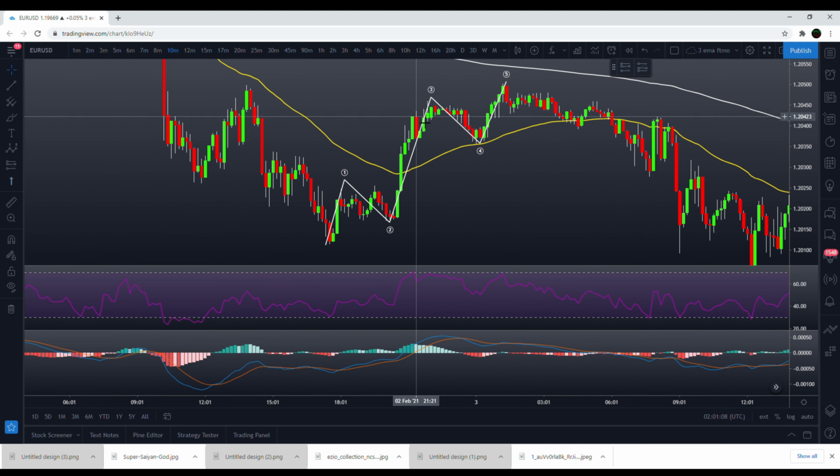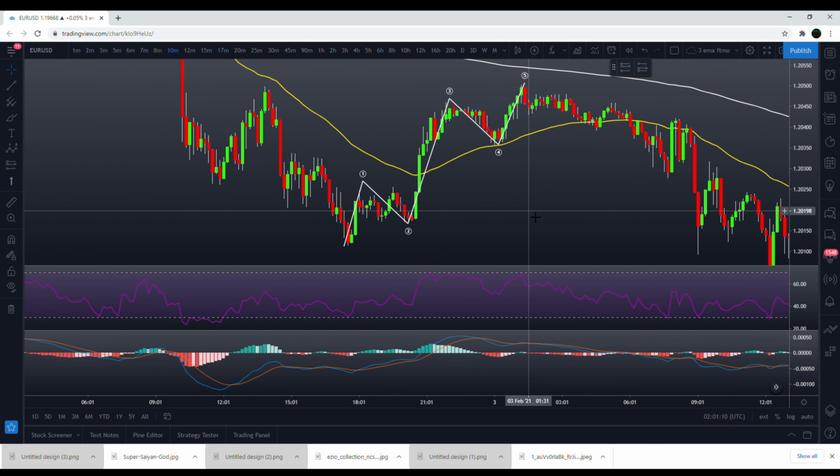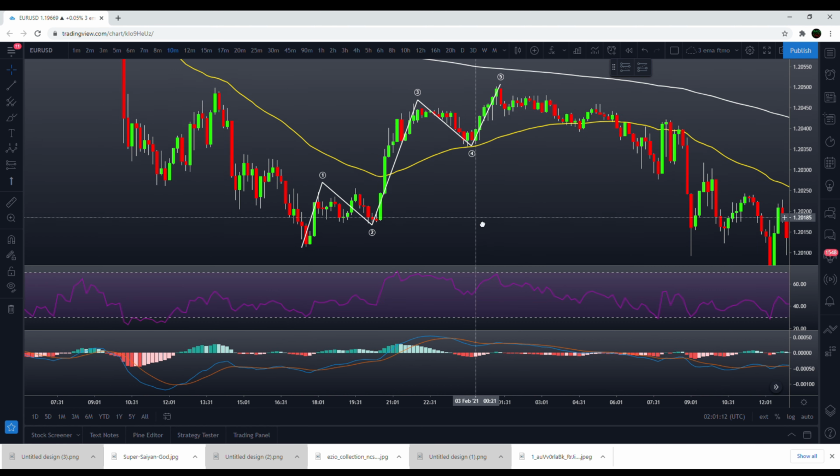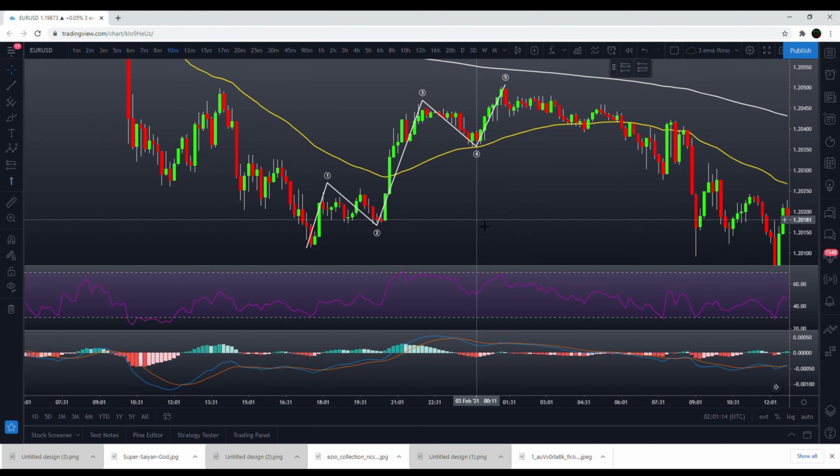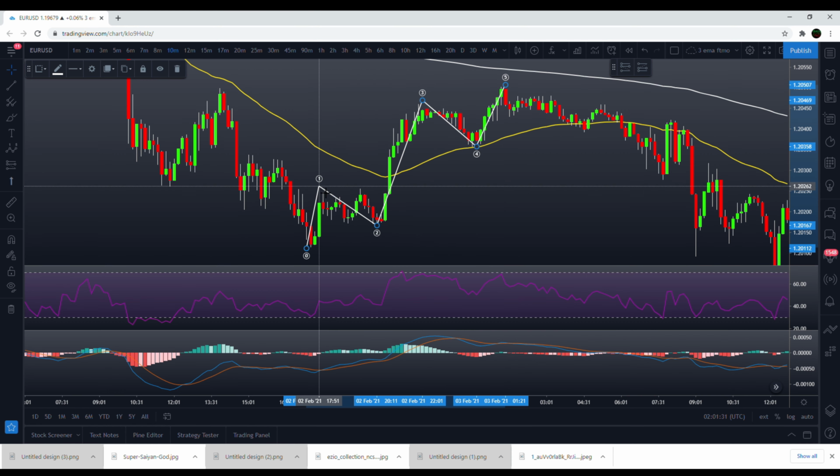So we got the 1, 2, 3, 4, 5 waves up. And what you first need to make sure of is that this is going counter trend. So the higher time frame trend is down, this impulse is going up. So it's a pullback in a downtrend on the higher time frame. So that's the first thing, because you're going to be looking to short this and go in with the higher